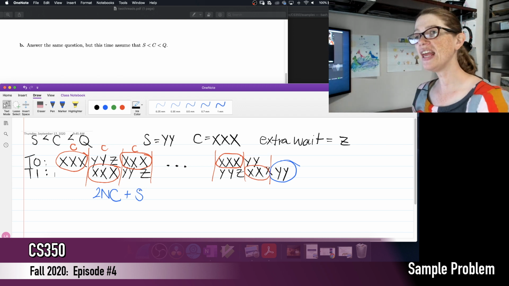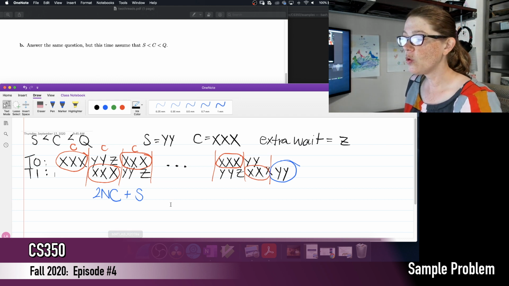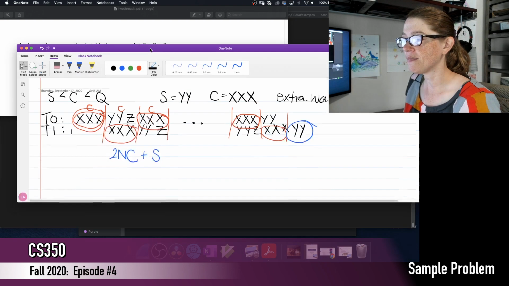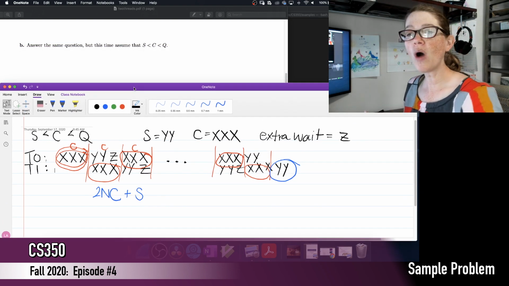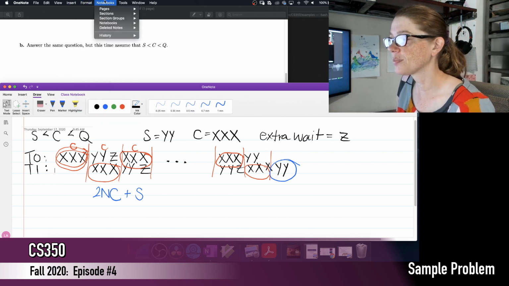Now, if you're looking to try to get a bit better of an understanding about what's going on here, some recommendations that I have would be to actually try to do this with some different values. So why don't you try it with,